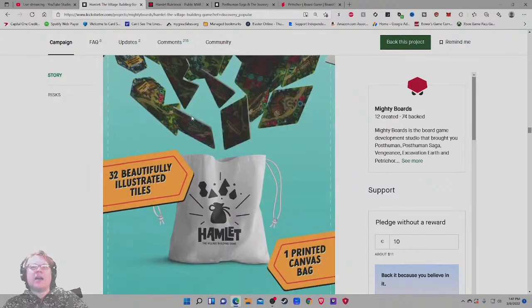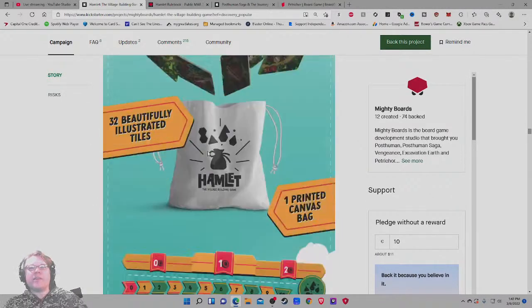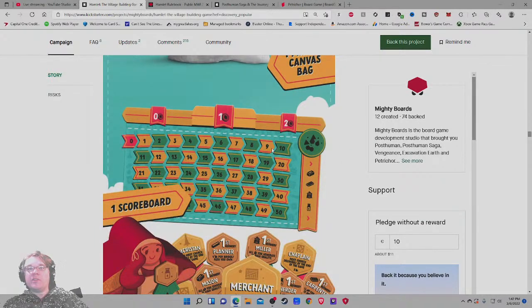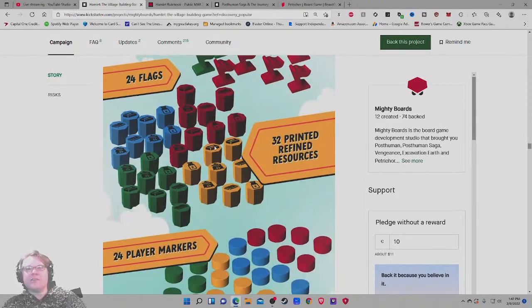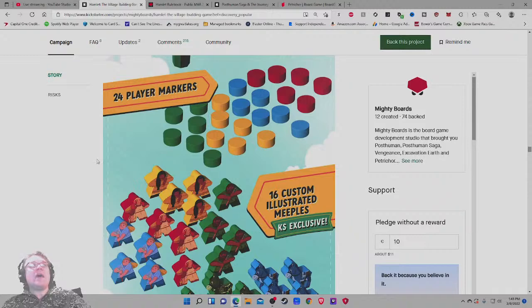Okay. What's in the box? 32 beautifully illustrated tiles. Those are very nice. 1 printed canvas bag. Nice. 1 scoreboard. I'd like to know the dimensions of that. 11 award tiles. 10 market tiles. 20 roads. 24 flags. I like the color. This thing pops. 32 printed refined resources. 24 player markers. 16. So now we're talking...